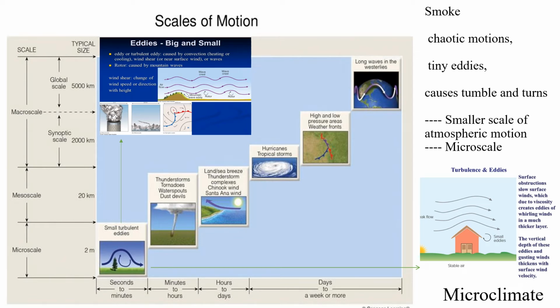Now, the scale of atmospheric motion. We have different types of atmospheric scale: microscale, mesoscale, synoptic scale, and global scale. We'll be talking about each of them now. So, the scale of the atmospheric motion, the tiny microscale motion constitutes a part of the large mesoscale motion, which